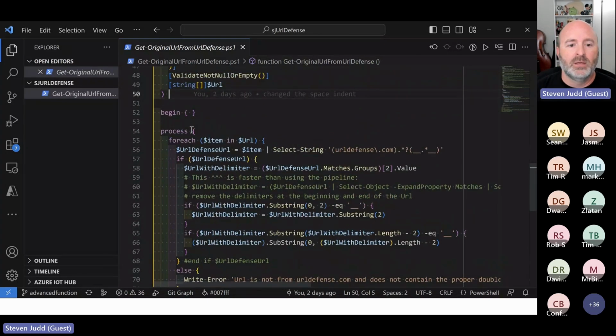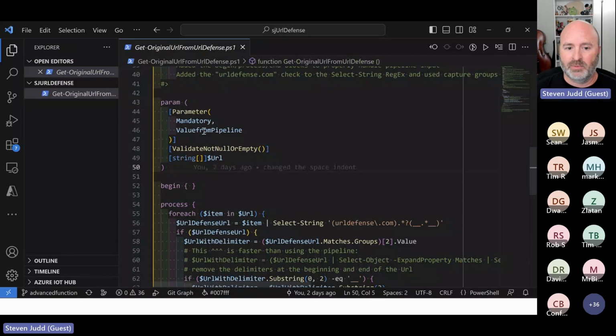Watch the scrolling. Next up is the process block. So process is going to go through every one that you pass through on the pipeline. Very next thing I do is go to foreach item in URL, because I define this as value from pipeline. They'll come in one at a time.